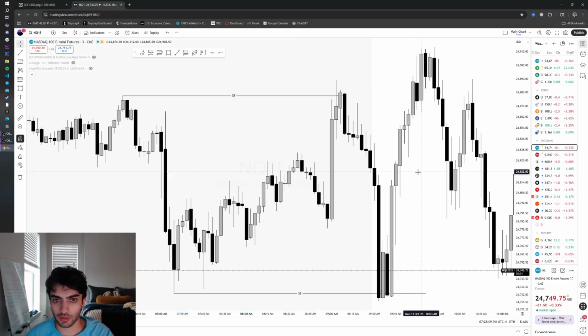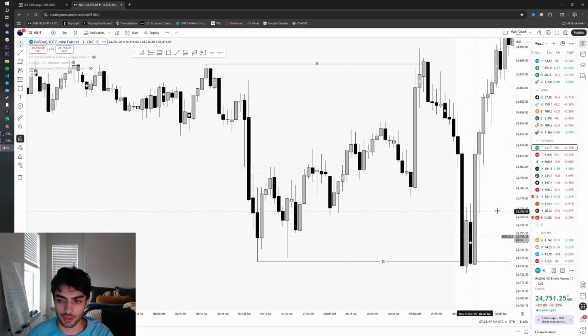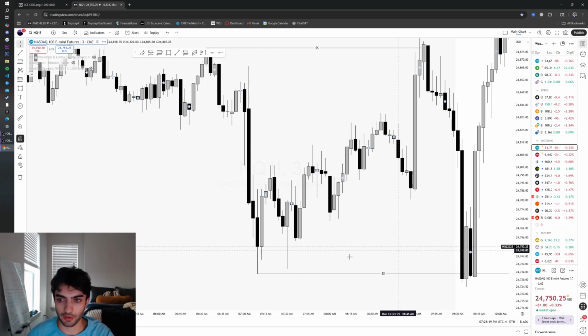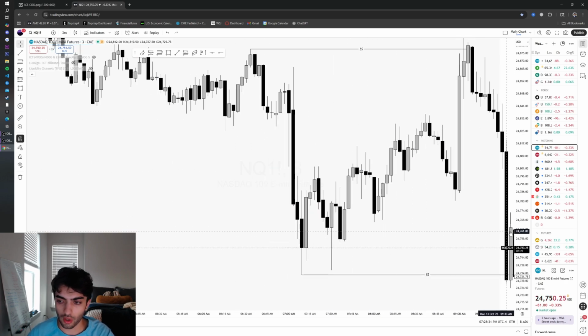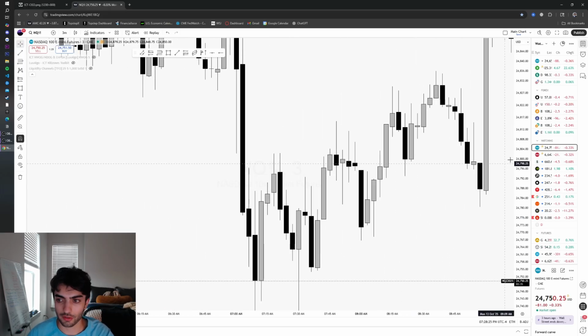So before I start looking at any trade, any ideas, I want to see liquidity get swept first. So in this case, I want to point your attention to this area right here. So a lot of good examples here for change in state of deliveries. So as you can see here,